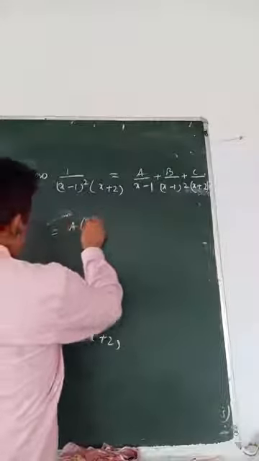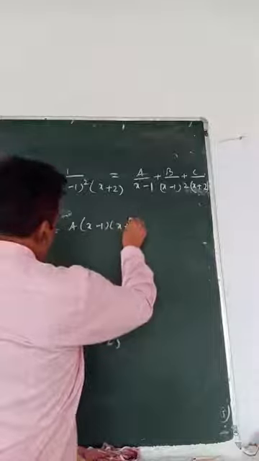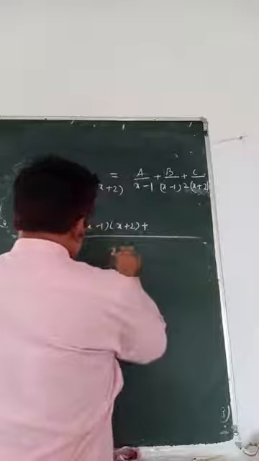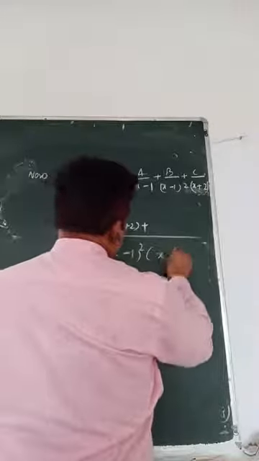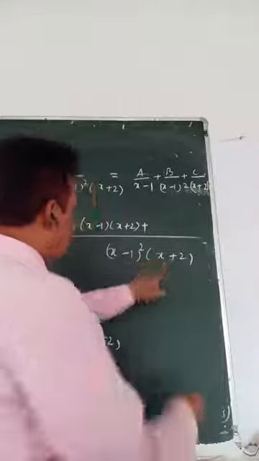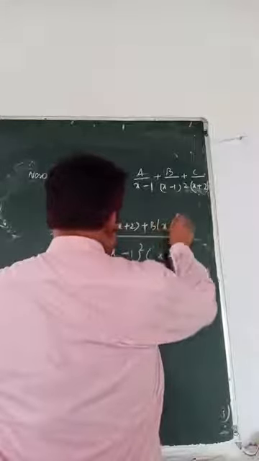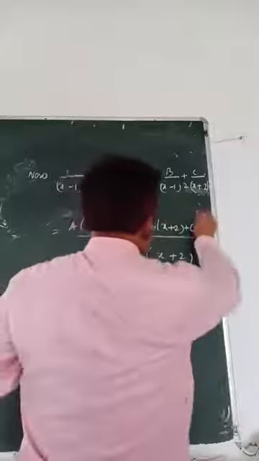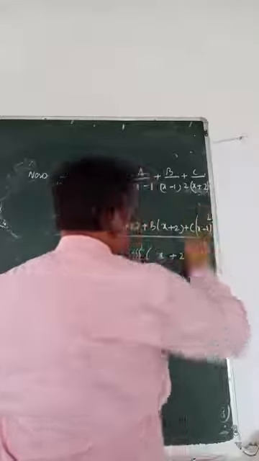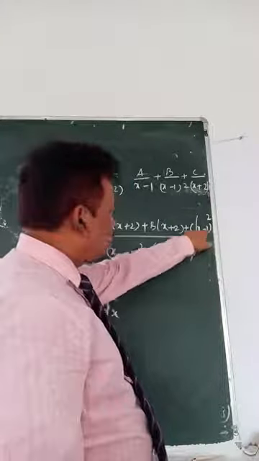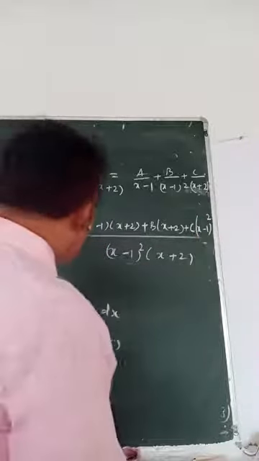So let me restart from here. x minus 1, x plus 2, b is, because it is x minus 1 whole square, x plus 2. Okay. So if you divide this with this, it will remain b into x plus 2. c into, if you divide this with this, x minus 1 whole square. I hope you can see here. x minus 1 whole square. Okay.